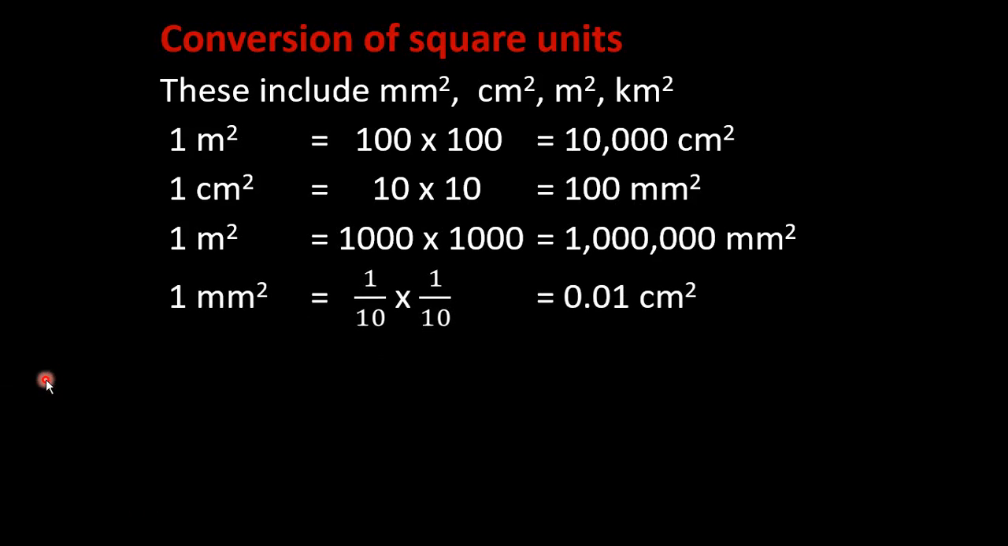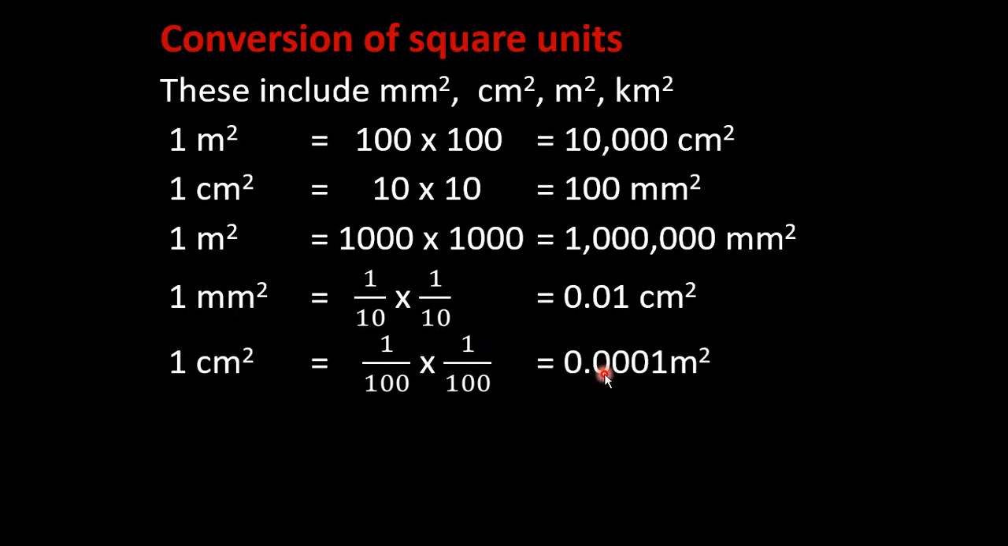Now also, we know that 1 millimeter is equal to 1 over 10 centimeter. That is, if you are converting smaller units to bigger units, 1 millimeter is equivalent to 1 over 10 centimeters. So 1 millimeter squared will be 1 over 10 times 1 over 10, which gives you 0.01 centimeters squared. And then also 1 centimeter squared is going to be 1 over 100 meters times 1 over 100 meters, which gives you